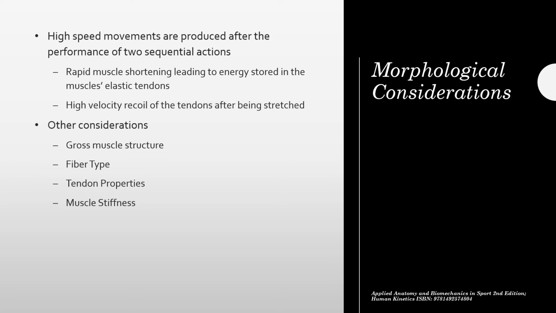You can kind of think of it like a spaghetti noodle. If you have a dry pasta spaghetti noodle and you try to push against something, representing a very stiff tendon or muscle, you can push something pretty well with a stiff muscle or stiff tendon. However, it doesn't take strain very well. It can snap very easily under certain forces in certain directions. However, if you have a wet pasta noodle, it's not going to handle a lot of force or generate a lot of force very well, but it can take strain. You can wrap it around a fork to eat it. So when we're looking at these properties, you have to look at your movements and decide, am I wanting to generate high amounts of force or am I wanting to have mobility?